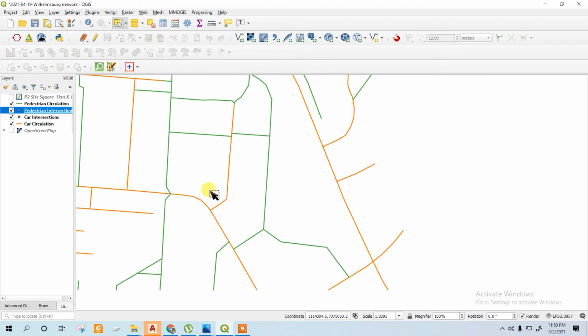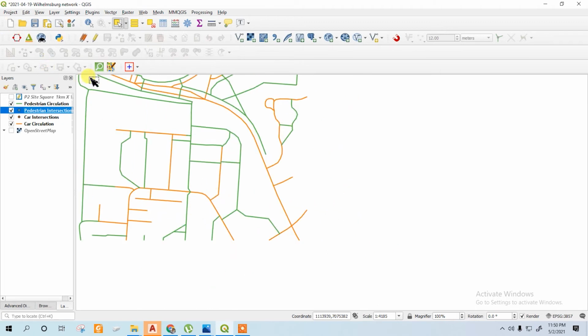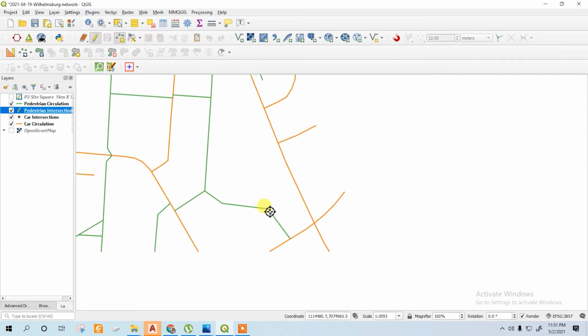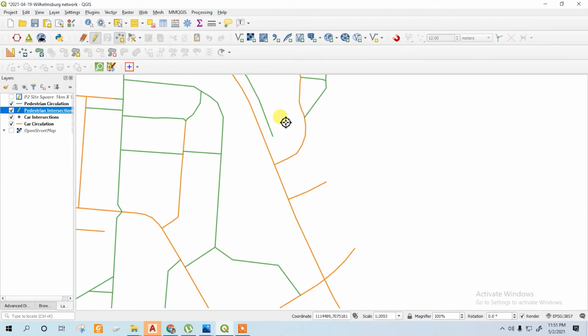Now we'll find every intersection and we'll put a point. For the pedestrian intersection, activate it, start putting points. For example, this pedestrian intersection, switch on our magnet.